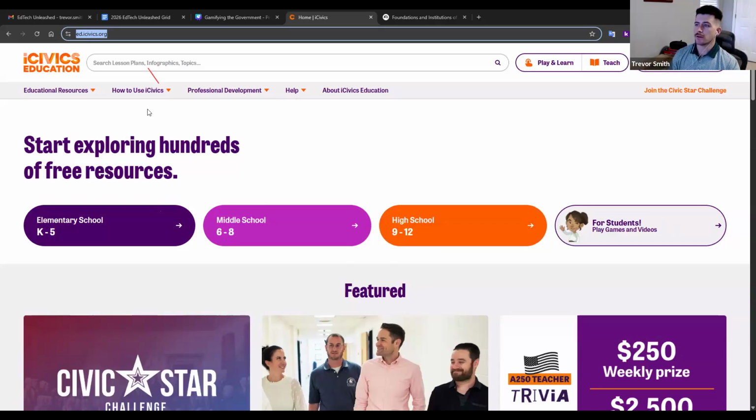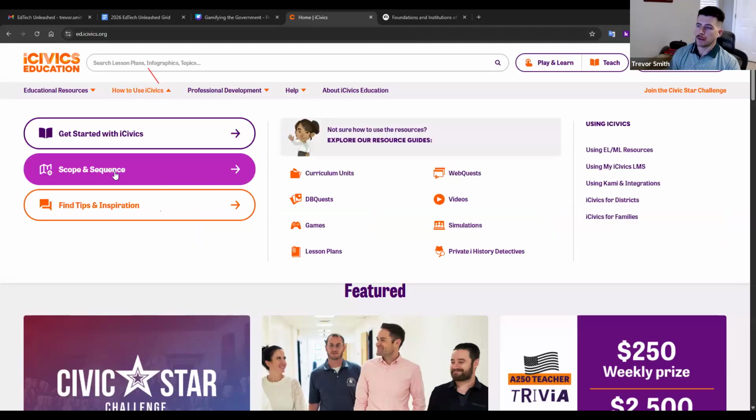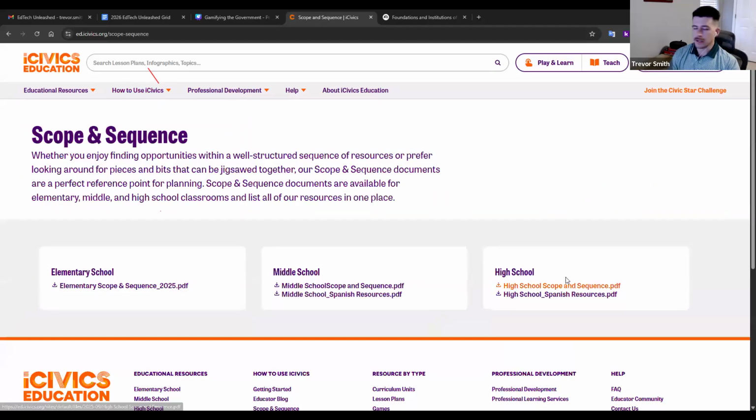But we're just going to start out because, for some of you, it may be the first time you've been on here. If not, we're just going to go up here where it says how to use iCivics and then go to scope and sequence. And because I'm a high school teacher, I'm just going to go with that. So I apologize for my middle school and elementary folks. But right here where it says high school scope and sequence PDF,